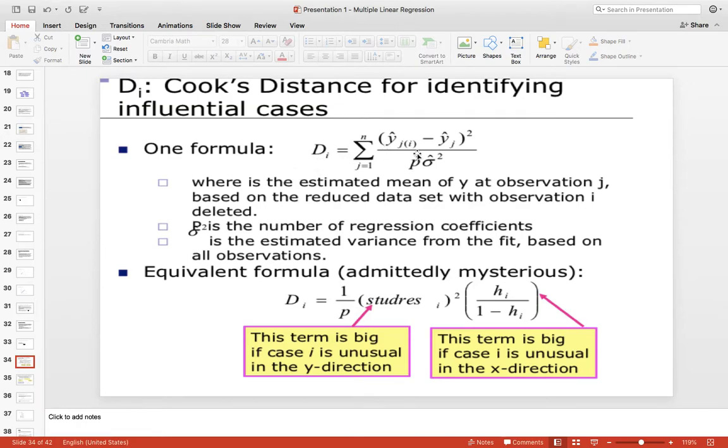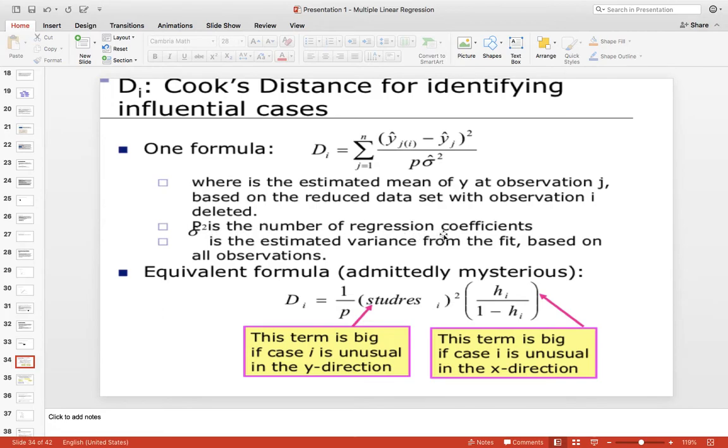Every time one value is deleted, and the estimate is subtracted from the full estimate, squared, and divided by p, the number of parameters, times sigma squared, the mean square error. Here y hat j(i) is the estimated mean of y at observation j based on the reduced data set with observation i deleted. So you delete one observation at a time and then do this calculation and see how the results fare.